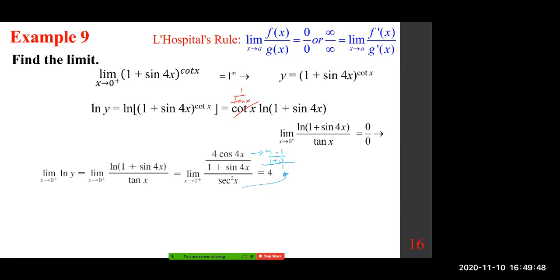Therefore, your final answer is what? E to the power of 4. E to the power of 4, everybody. So you really don't have to do much, okay? It's important to see how you arrive at 4, and then, as I've mentioned, simply put your final answer would be e to that power. In this case, e to the